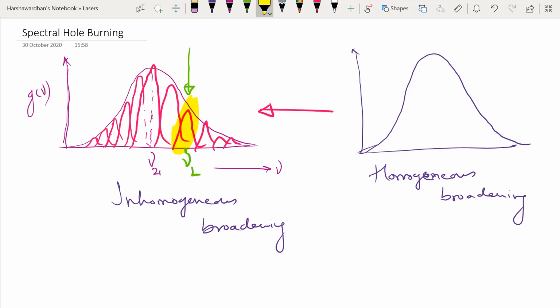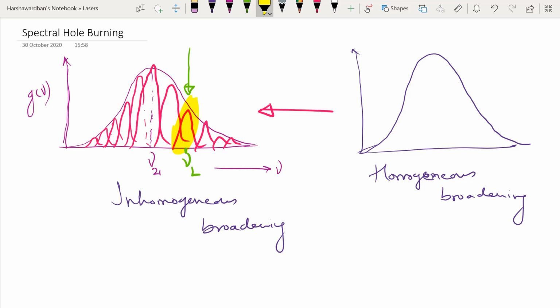The rest of the atoms, because they are slightly displaced, will see this radiation to be completely out of resonance. And hence, the interaction between these other sets of atoms with this frequency will not be sufficient for the transition